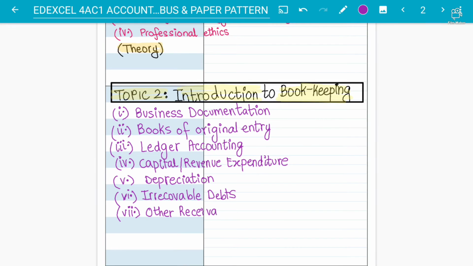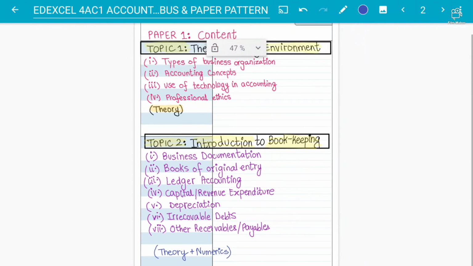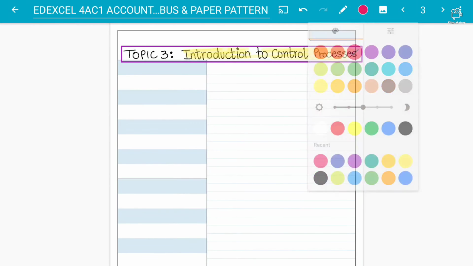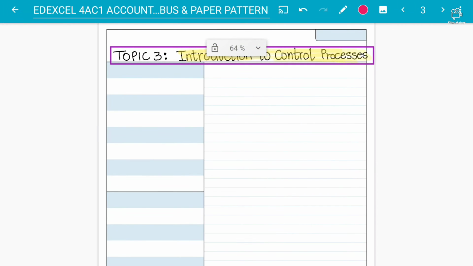So here we go: other receivables and payables accounts. How do you make the T accounts from them? You can write down that this is theory plus numerics, a lot of numerics as well. You must know the theory of them and numerical solving. Once we move forward, we are still discussing paper 1 content. Then when we talk about the introduction to control processes, you must know that this is basically